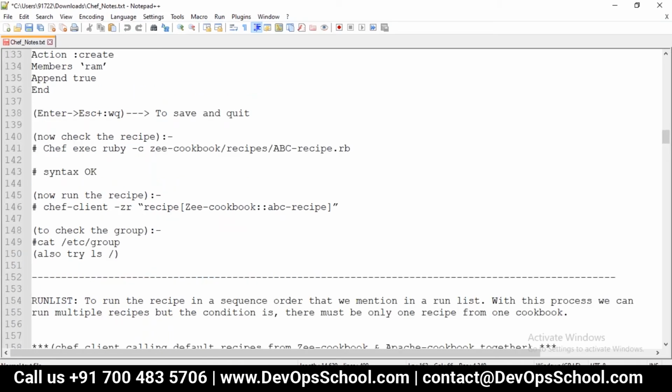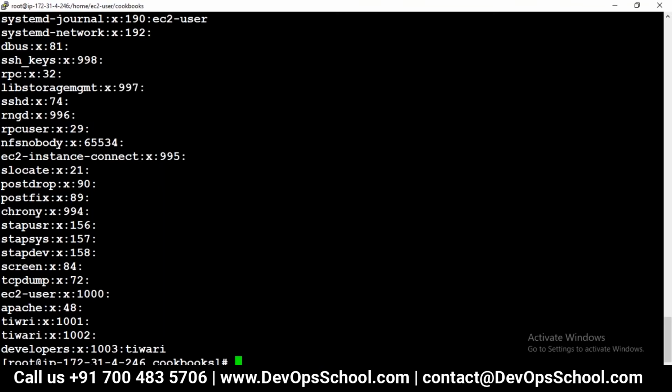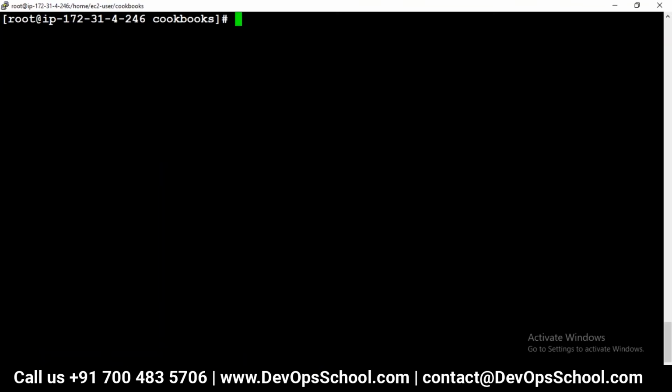For that purpose, we can also use sudo here. I have used the sudo command previously, so I am also a root user here, but if there is any issue, we can also use sudo.